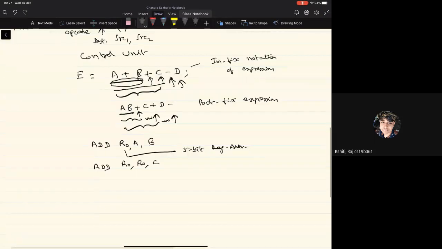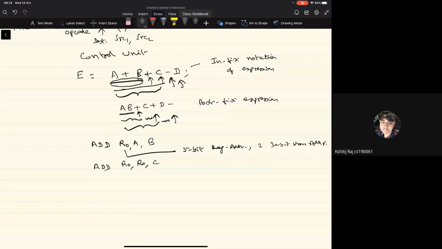Now we can see that in the first instruction here, I require a 5-bit register address and two 30-bit memory addresses. So that becomes 60 plus 5, 65, plus maybe the opcode, 71 bits. So I need 71 bits to represent this first add instruction.